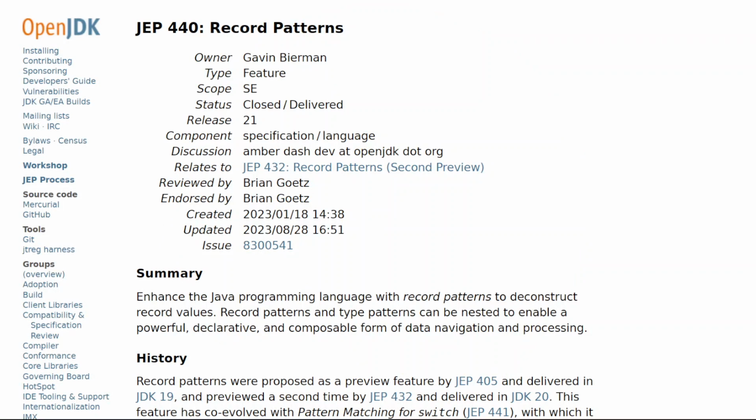JEP 440, Record Patterns. Summary. Enhance the Java programming language with record patterns to deconstruct record values. Record patterns and type patterns can be nested to enable a powerful, declarative, and composable form of data navigation and